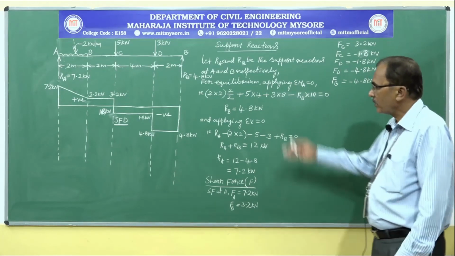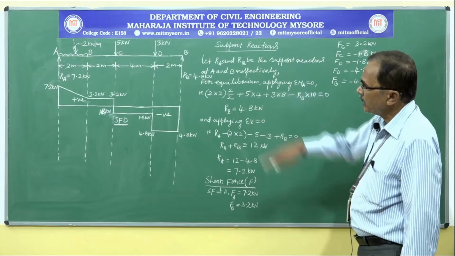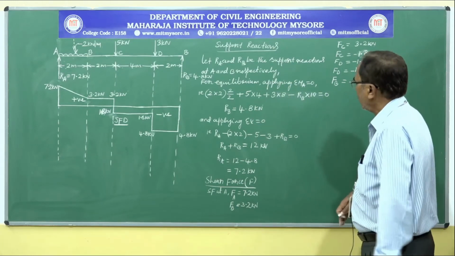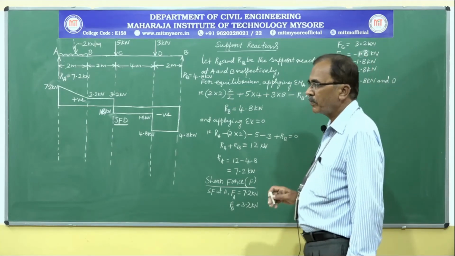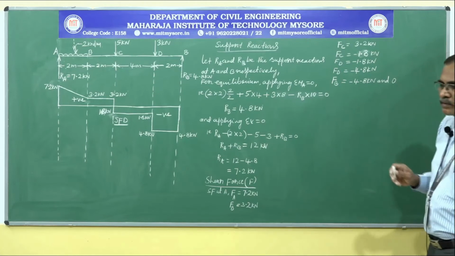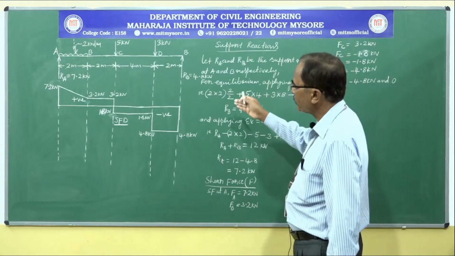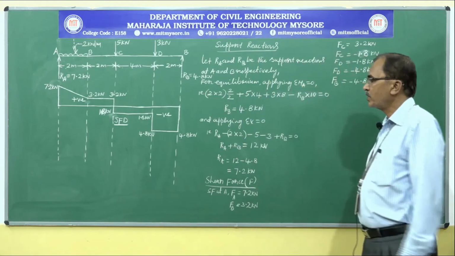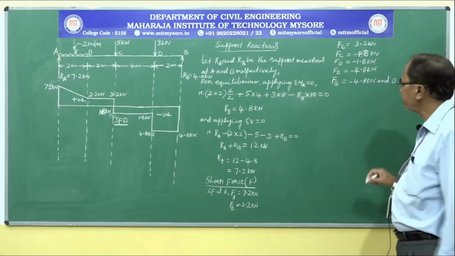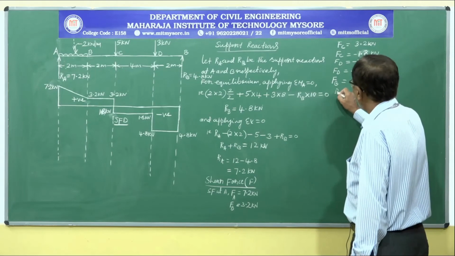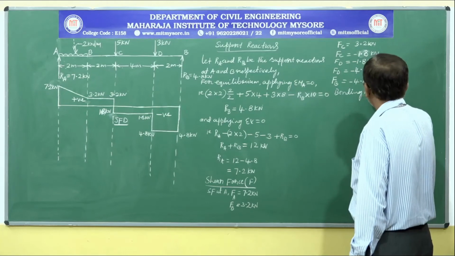Likewise, quickly we can draw the shear force diagram by using the loading diagram. Next is to draw the bending moment diagram. We need to calculate bending moments at salient points. What are all the salient points we considered to calculate support reactions and to draw the shear force diagram? Let us consider the same salient points even to draw the bending moment diagram. So next calculation is bending moment.